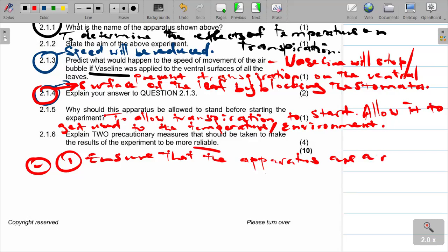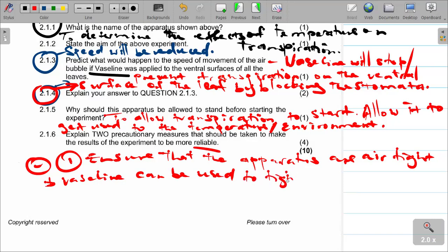The apparatus must be airtight. No air is allowed to enter, so we can use Vaseline to tightly close any gaps. We can also understand that